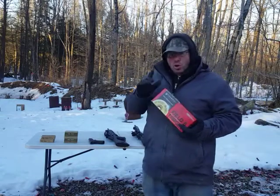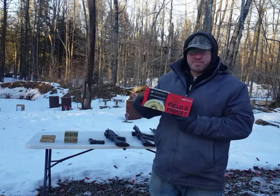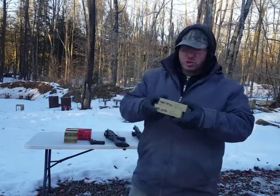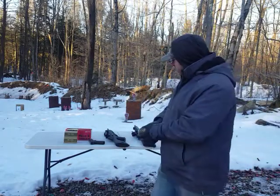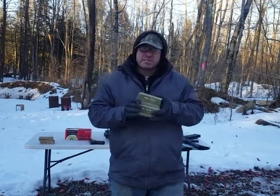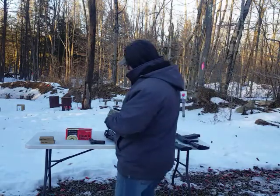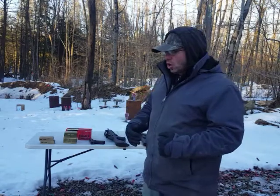Now, talking about the ammunition, we've got 100 rounds right here. It weighs 9.5 pounds, okay? You can see how big and bulky it is. Compare that to 9mm. I have 100 rounds here, 2.5 pounds, okay? So 2.5 pounds of 9mm. And the same thing if you compare that to .223 5.56 for the AR-15, 100 rounds, again 2.5 pounds. Okay, so right away we can see that the shotgun is at a disadvantage as far as storing the